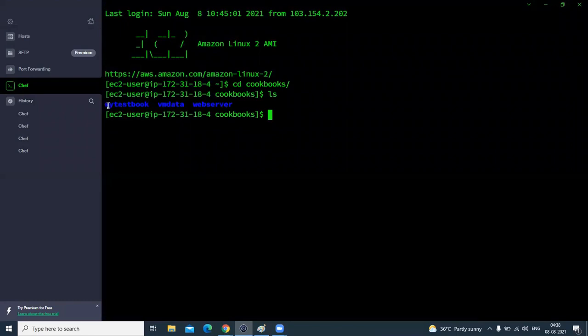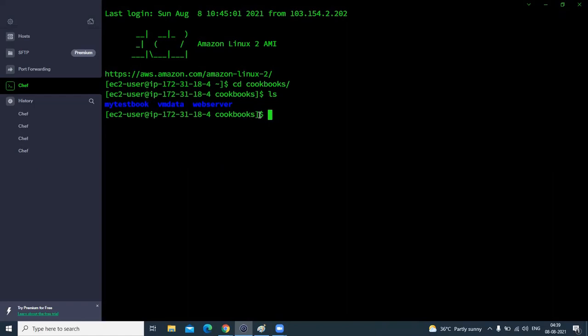One is my test cookbook. Second is for my VM information, virtual machine information. And the third one I created for the index.html file for the Apache server. Here I'm going to run multiple recipes.